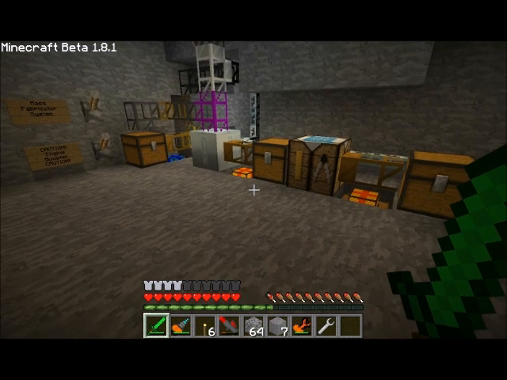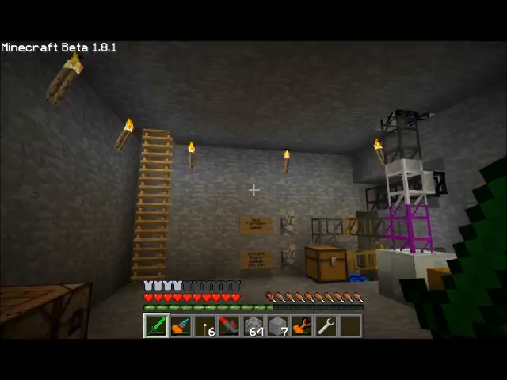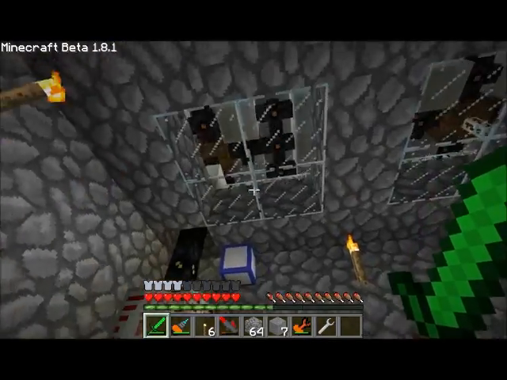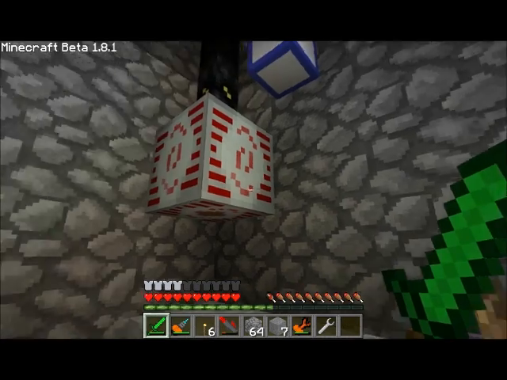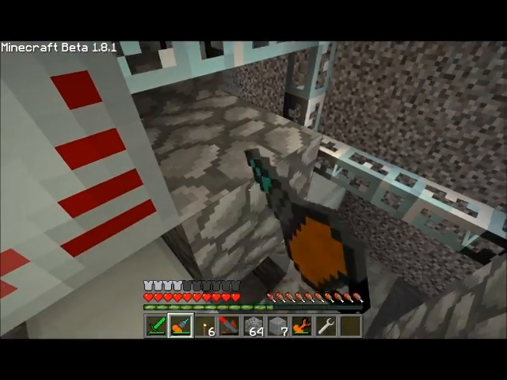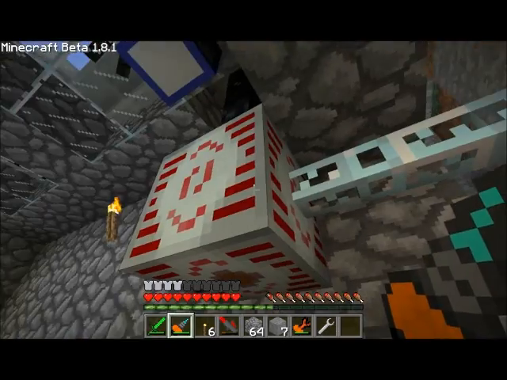Okay, you guys are familiar with my mass fabricator system, and you're aware that I have a bunch of solar panels up on my roof powering my main machines. Basically, let me show you guys how I have my setup at the moment. Solar panels up there are filling up this MFSU, and the MFSU has a line running to it. First off, this line splits and heads downstairs to my mass fabricator, so the 512 volts coming out of here,